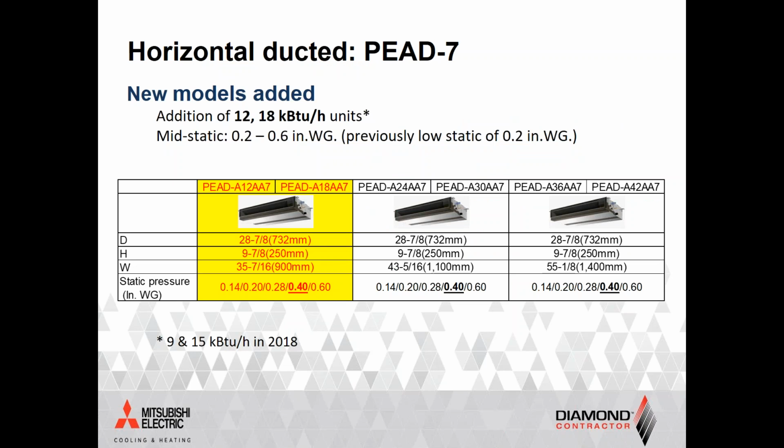Then we have our mid-static, the horizontal ducted, low-profile air handling unit, basically the bigger brother of the SEZ and our M series. And there's been 2 additional models that have been added to this line, and that's the 12,000 and the 18,000 BTU. Not sure if everyone's aware, but you can use P-series indoor units along with the MXZ